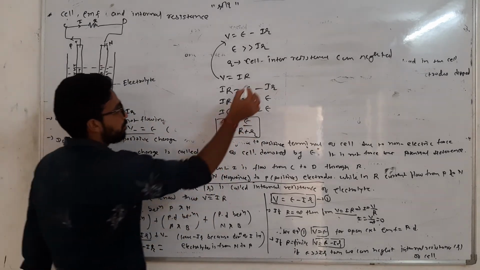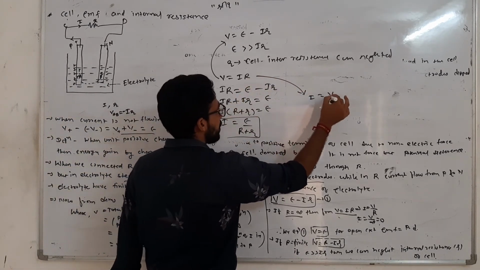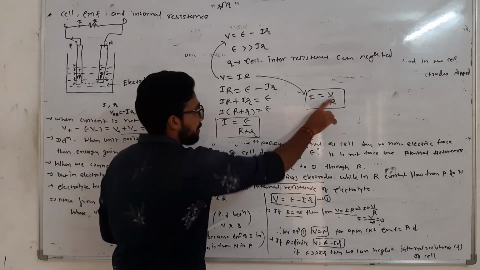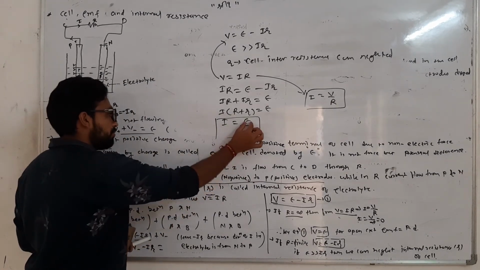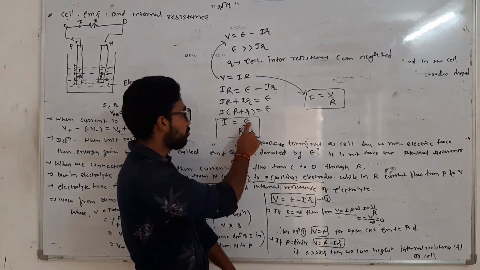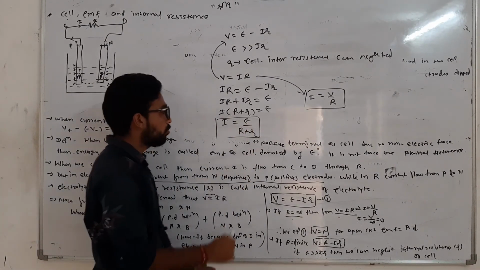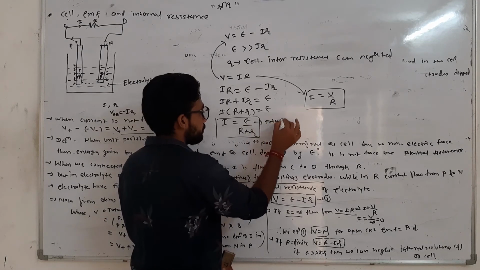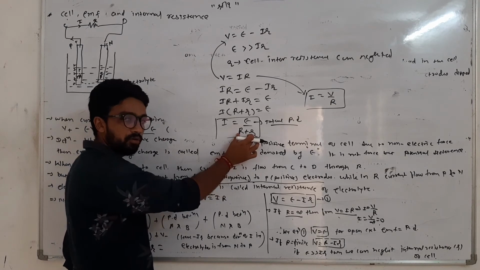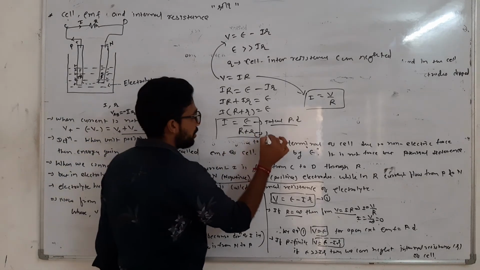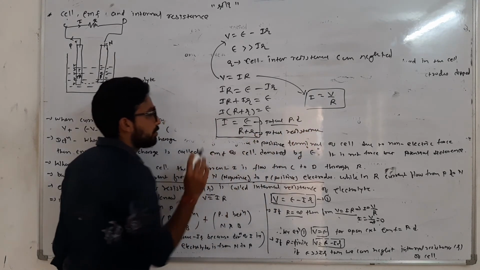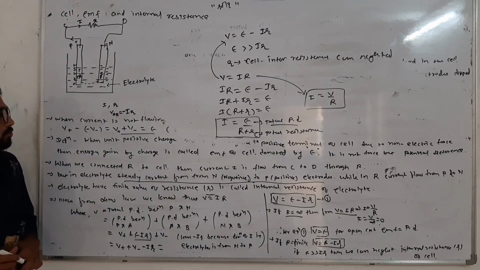So this is the same as Ohm's law. We know that from this equation we have I is equal to V by R. So I is the ratio of potential difference divided by the resistance. So here we have this E, EMF. That is also one type of potential difference. But here we get the total potential difference. And here also we have resistance. This quantity is also resistance, but this is the total resistance. Okay, so this is the electric current through the circuit.